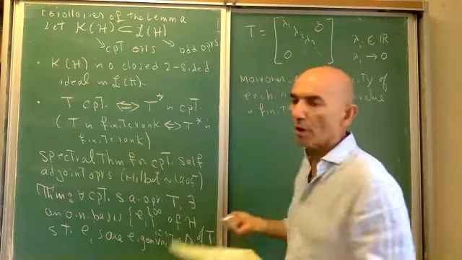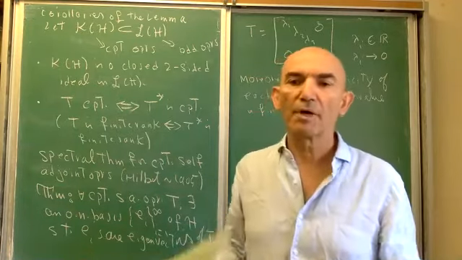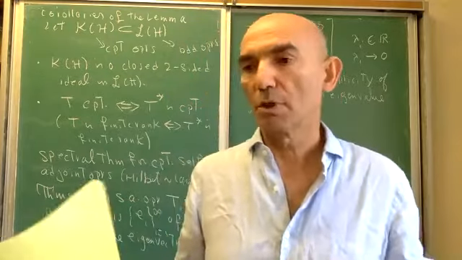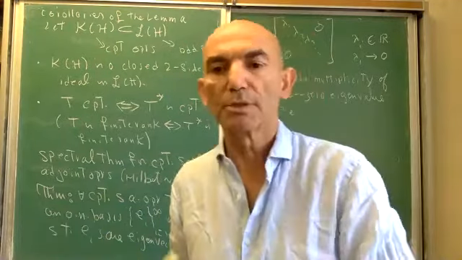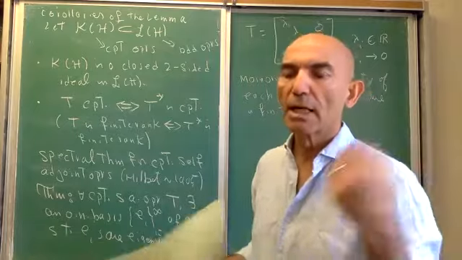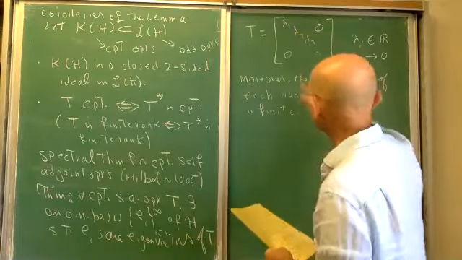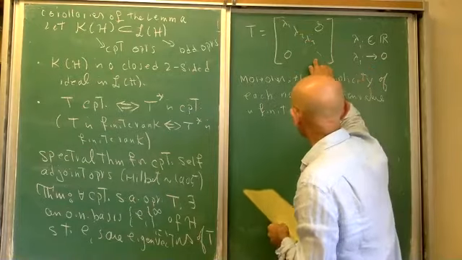But of course, the 0 eigenvalue might have infinite multiplicity because the operator could be completely 0. In that case, it's just zeros on the diagonal, nothing else. So 0 can have infinite multiplicity, but non-zero eigenvalues cannot have